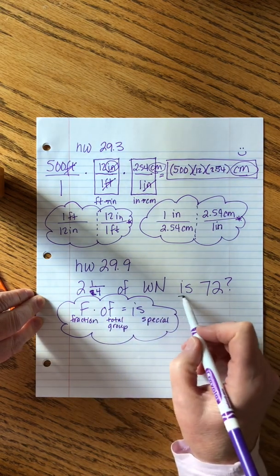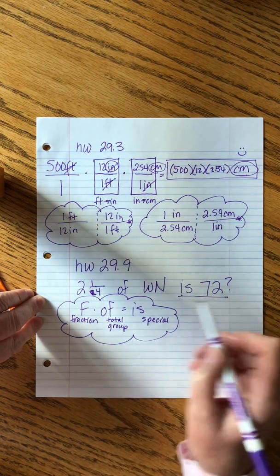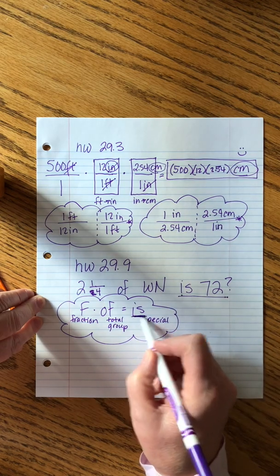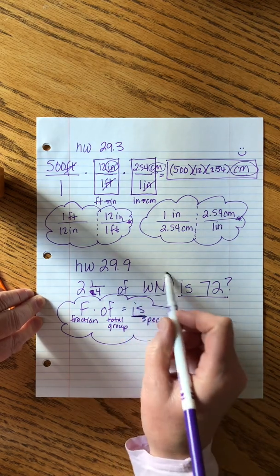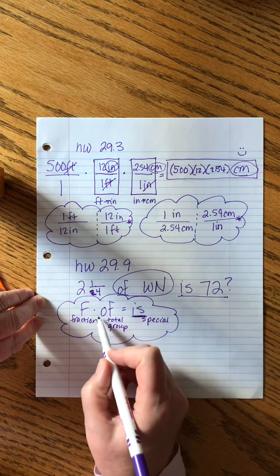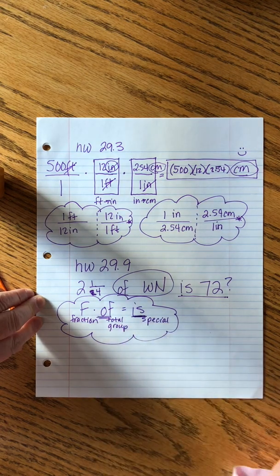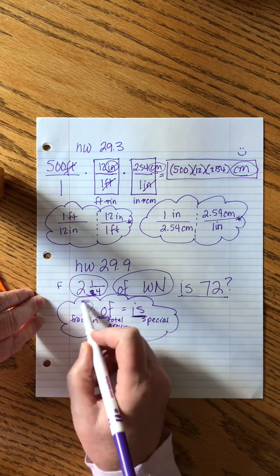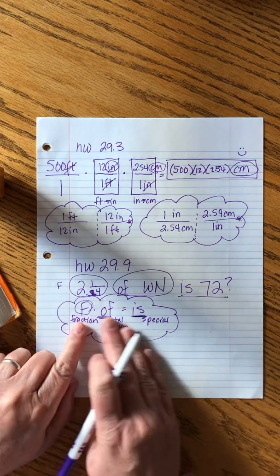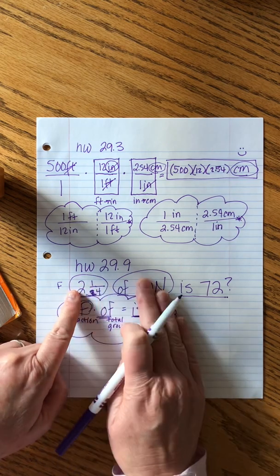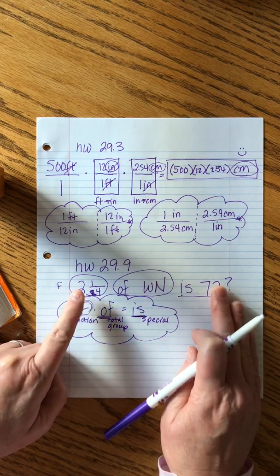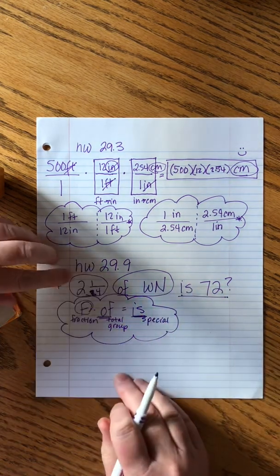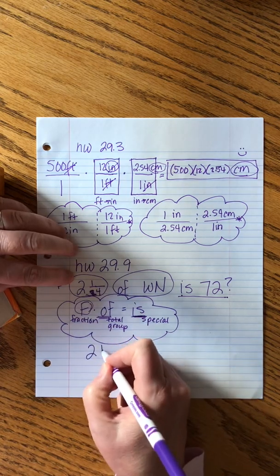I see right here that we have an is number. Is 72, so that's going to go right there. Of what number? That tells me that this is our mystery, and so 2 1/4 must be the fraction that will go right there. So using this as my guide and identifying these parts of the problem to correspond, I can say that 2 1/4